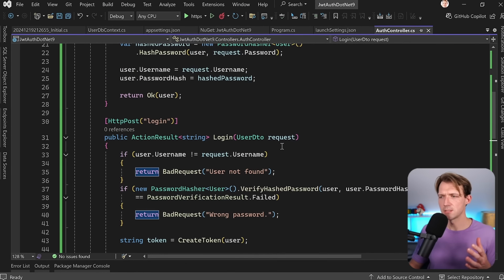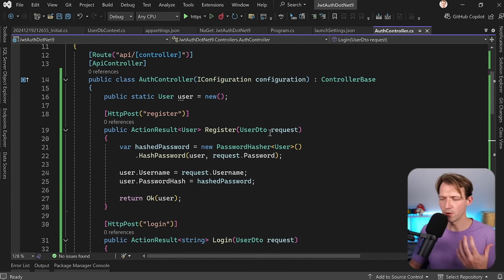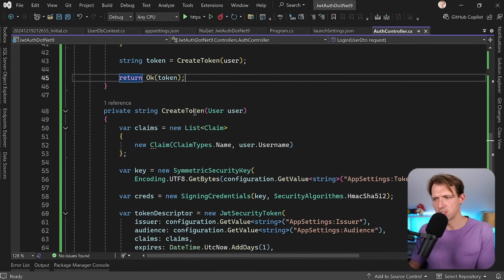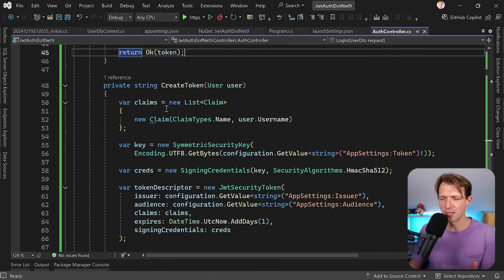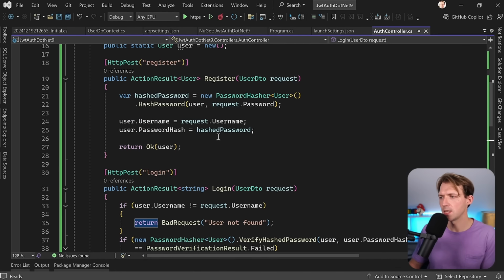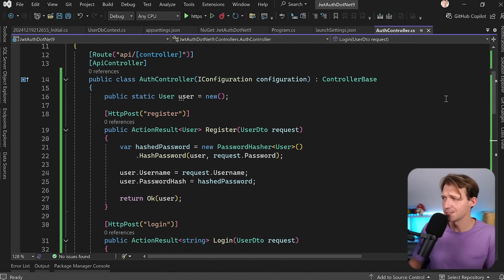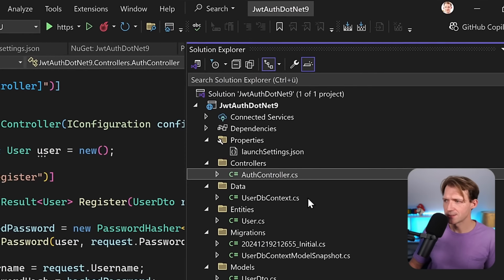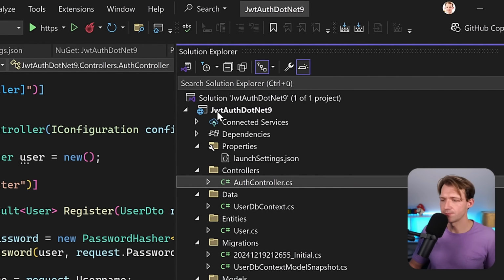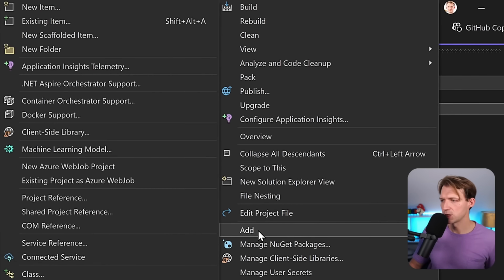I told you this is a so-called fat controller because we have all of the logic in here, in particular the create token method. I don't really like that. So maybe we can refactor this a little bit so that it is more clean. And to do that, let's just use a service. So here now, right click the project again,